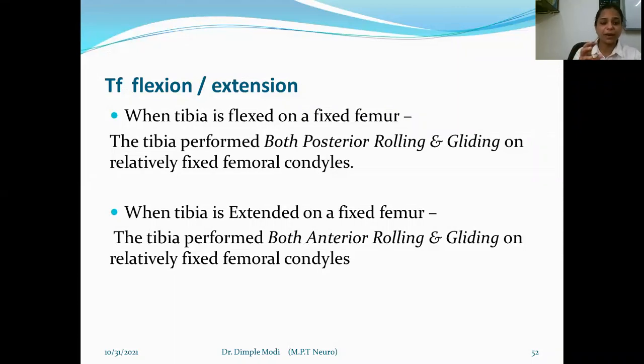The cruciate ligaments are very rigid segments. How do they help? When there is a posterior rolling of the femur during knee flexion, the ACL gets tight, and the continued rolling of the femur results in a translation force on the femoral condyles.